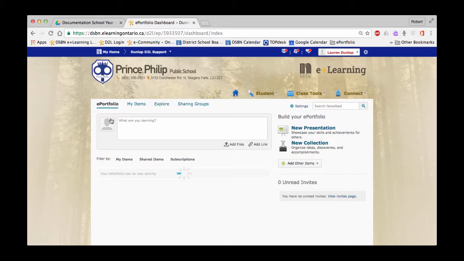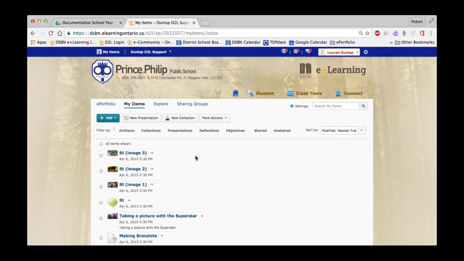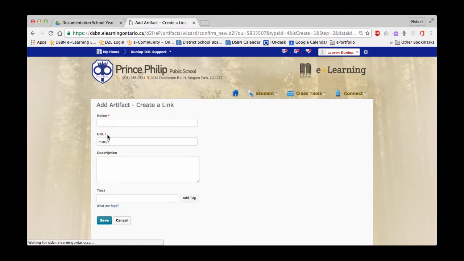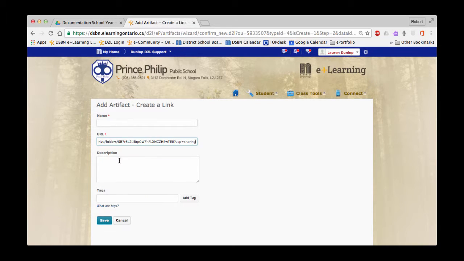So once inside of here, because I want to put that link inside this collection so they have direct access to it, I'm going to click My Items. And when I click on My Items, you're going to see there's an Add button. I click on that, and then I insert a link, right? So I hit Add Link. This link that I got from Google Drive, I can just paste in there, and then I can give it a name. So I'm going to call this